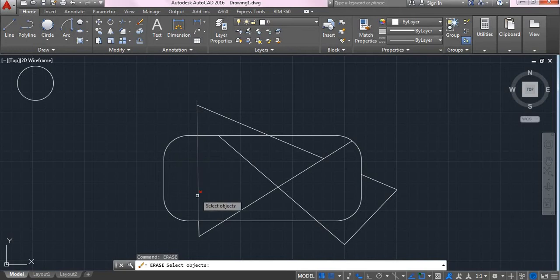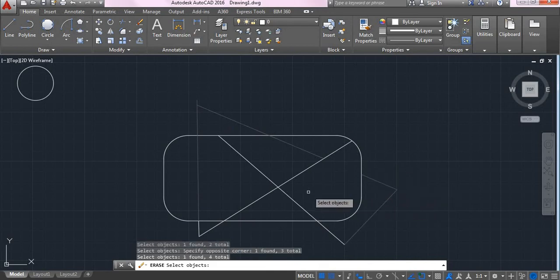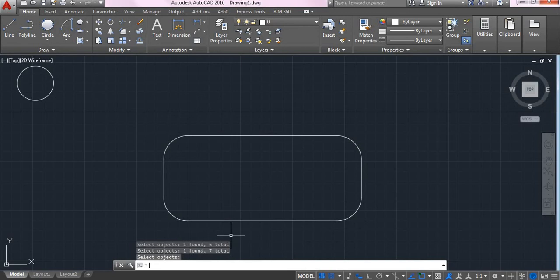Now you select the lines that need to be erased, say for example these lines, and I'll hit the enter key so that the lines are erased. This is how we use the erase command.